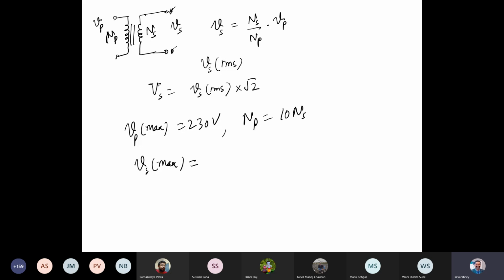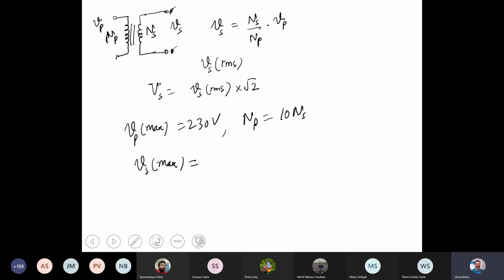I should be able to save the recording by tomorrow or the day after. When we do the actual experiment, that will also be clear to you. I'll show you the measured value across these terminals, and what value we get, so that it will be much clearer. We'll take it to the lab. Any questions? Then I'll stop here for today and we'll continue tomorrow.